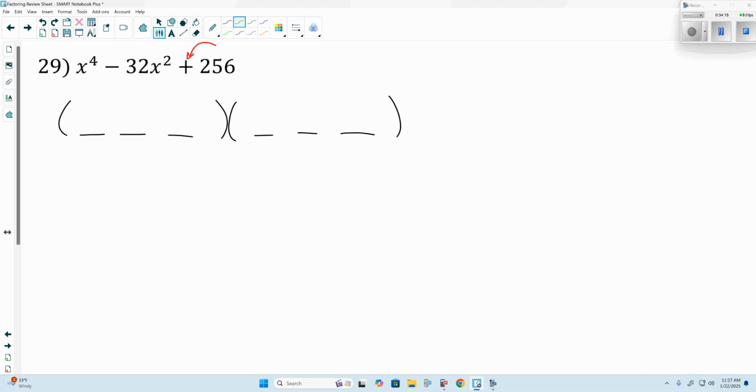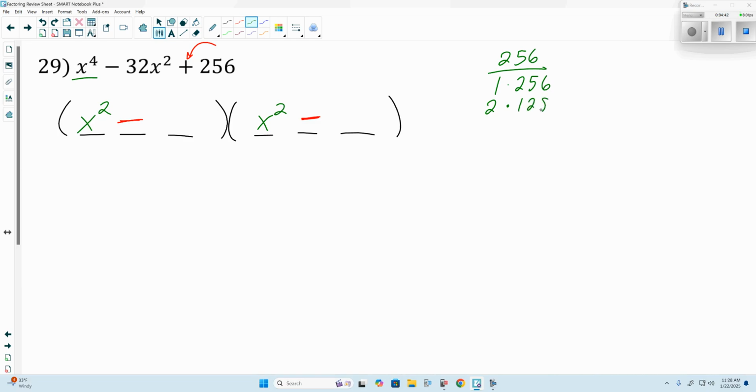Since the third term is positive, the signs are the same and match the sign of the middle term, negative. Now, x to the fourth, or what times itself is x to the fourth, is x squared and x squared. Now, 256 is 1 and 256,